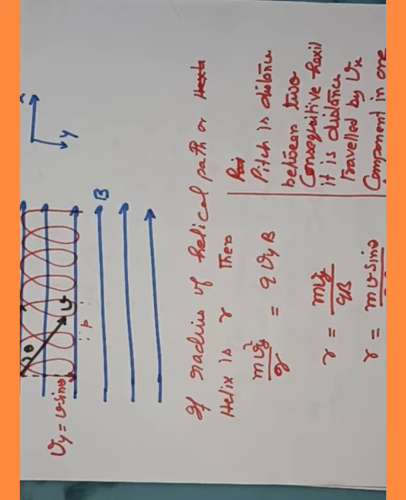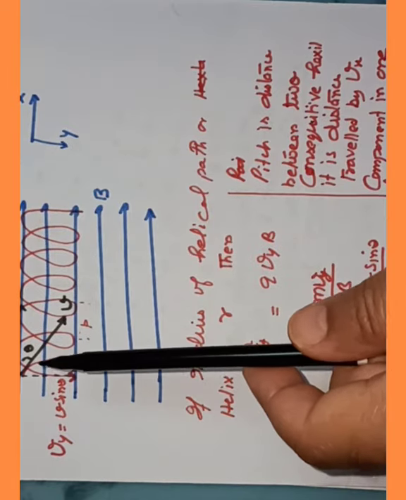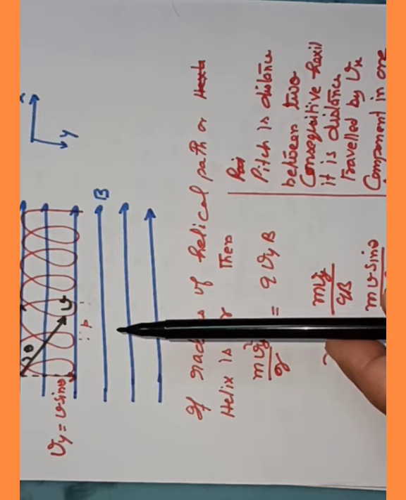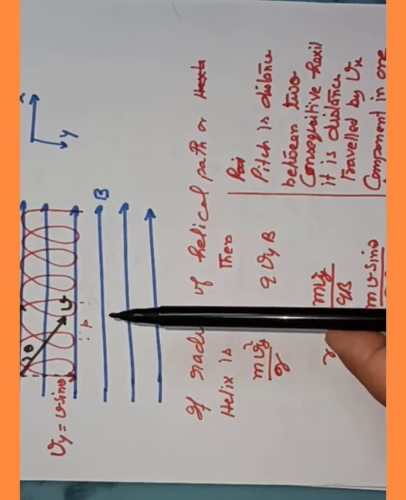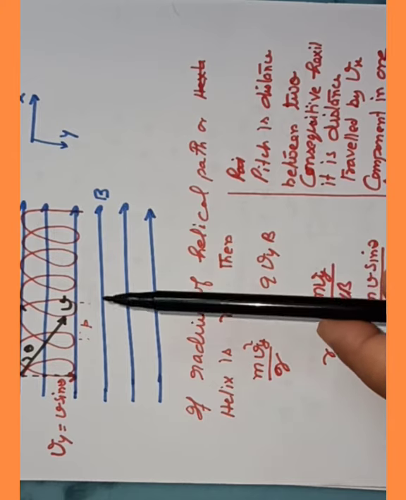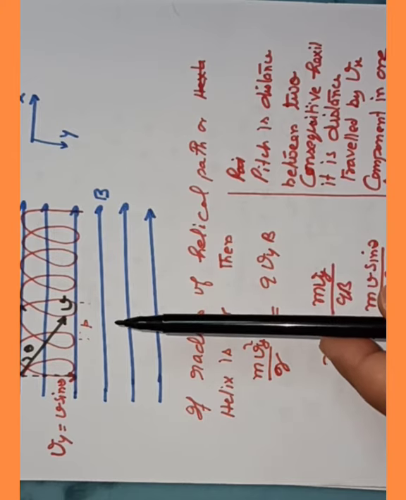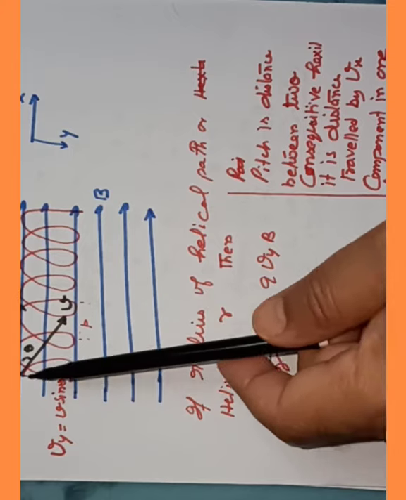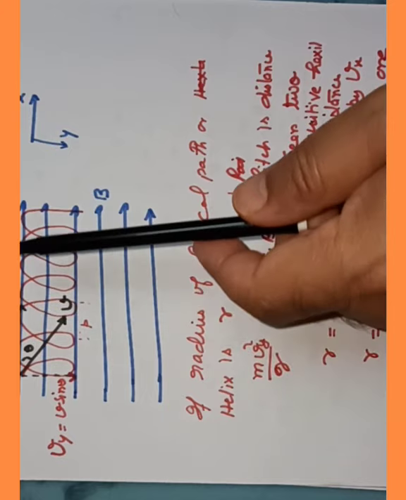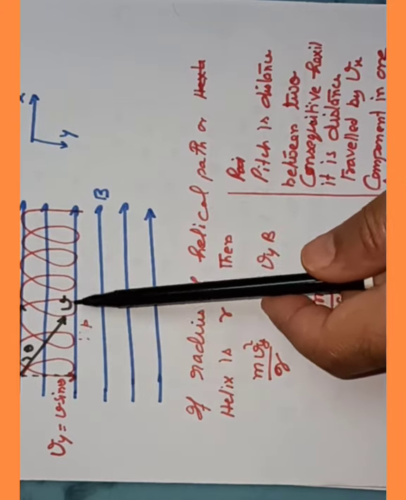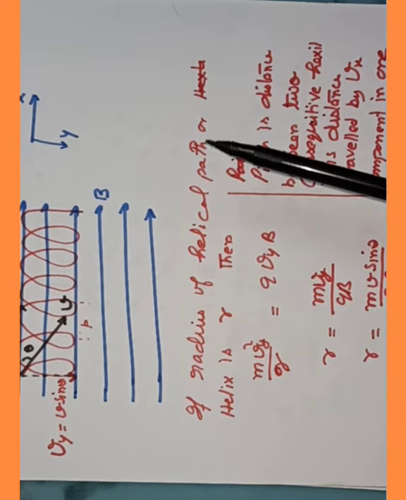Therefore, due to vx the particle should move in straight line motion, and due to vy the particle should move in circular motion. Since the particle is under the influence of two types of motion, it can have neither a pure straight line motion nor a pure circular motion. In combination, the path will be spring-like or helical, as shown to you. The radius of each helix we can find, and the distance between two consecutive helices is known as the pitch.